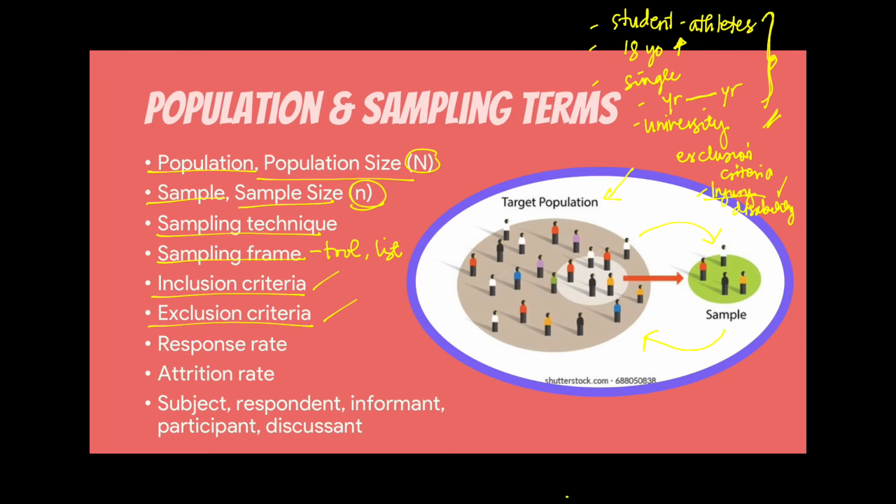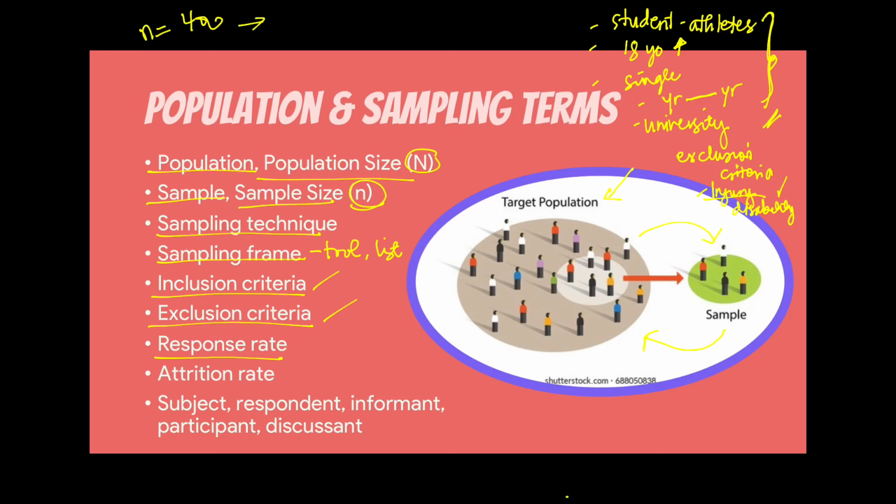And then other terms would be response rate. When you say response rate, this is the amount of people who actually turned in the survey form completely out of the number of people that you've provided the survey. So for example, your sample is 400 and you gave out 400 surveys to 400 people, one survey to every person of that 400 sample, and